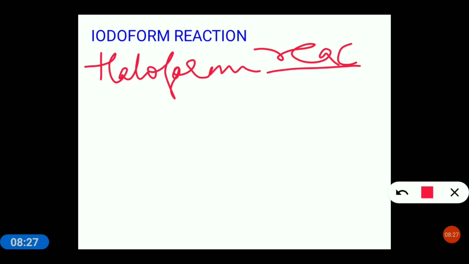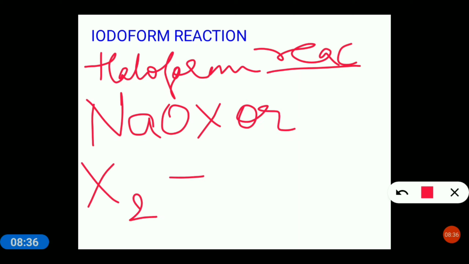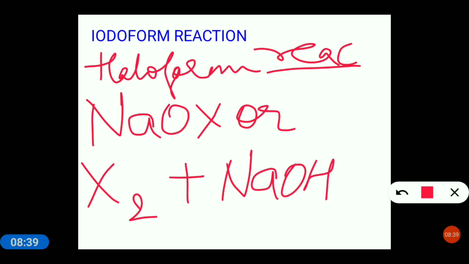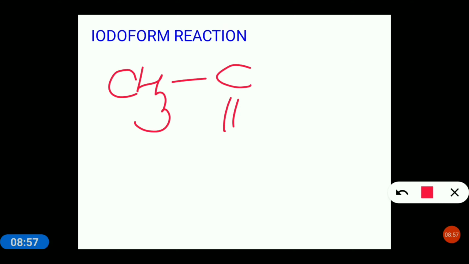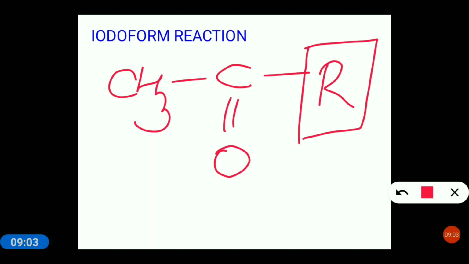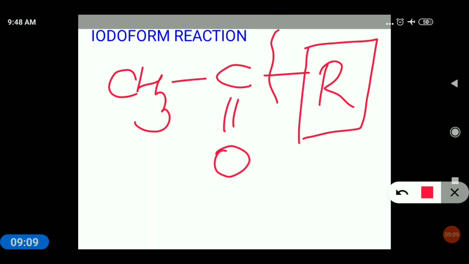So the reagent is sodium hypohalite, NaOX, or X2 plus NaOH. In the exam, if you see this reagent, either this mixture or this alone, these are the reagents for the haloform reaction. So aldehydes and ketones containing a CH3CO group, the other valency can be an alkyl group, aryl group, two carbon, three carbon, benzene, it doesn't matter. We are bothered only about the presence of